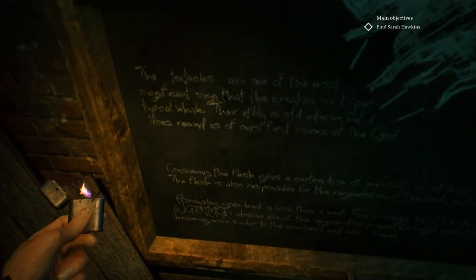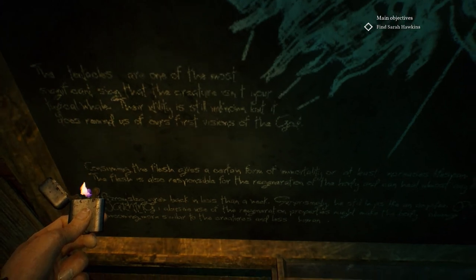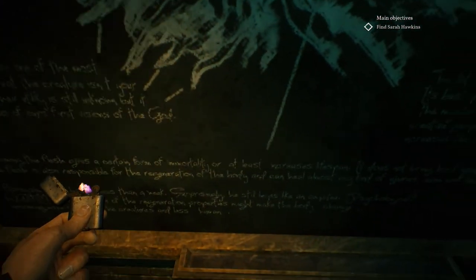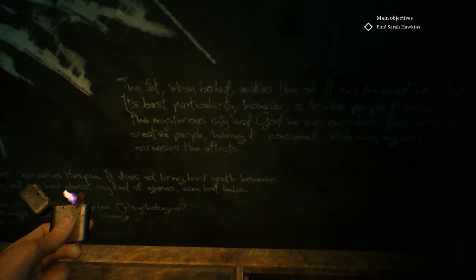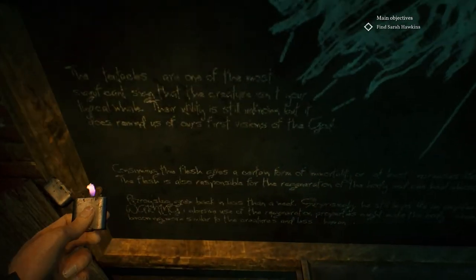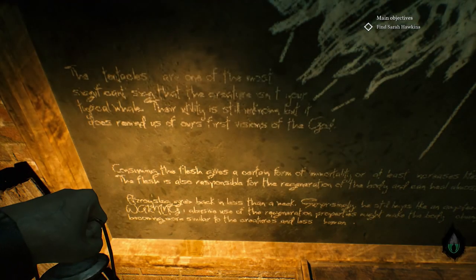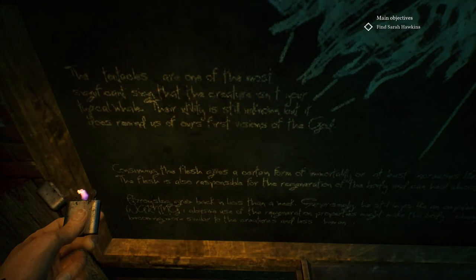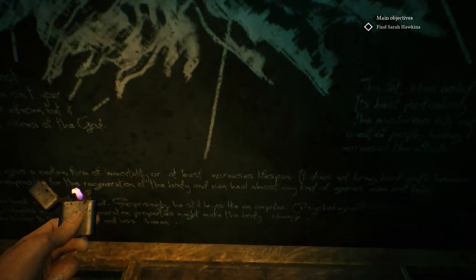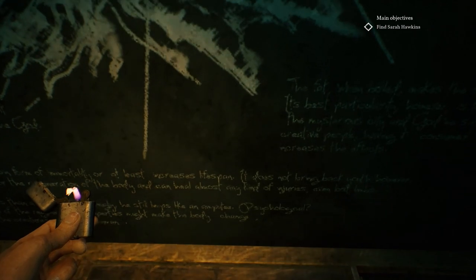Consuming the flesh gives a certain form of immortality, or at least increases lifespan. It does not bring back youth, however. The flesh is also responsible for the regeneration of the body and can heal almost any kind of injury,